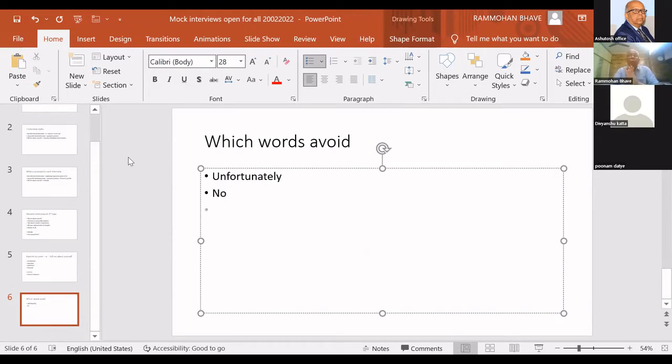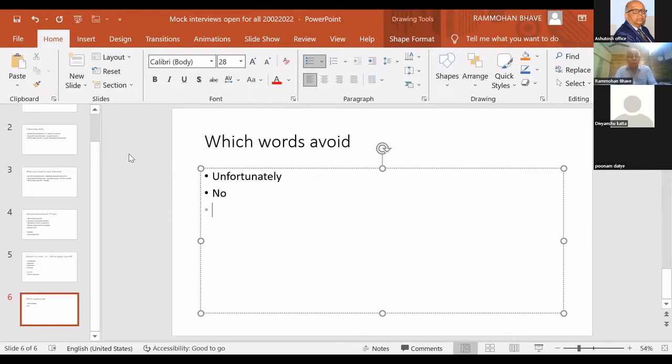Even if he asks you, oh, does it mean that you don't have much experience in statutory audits? Now, there are 2 ways to answer this. One way is saying, no, I don't have much experience. Don't use the word no. You start with something else totally. For example, statutory audit requires a specific type of skills, and I did experience them in the bank audits which I have done. So you are completely negating his point without saying no.